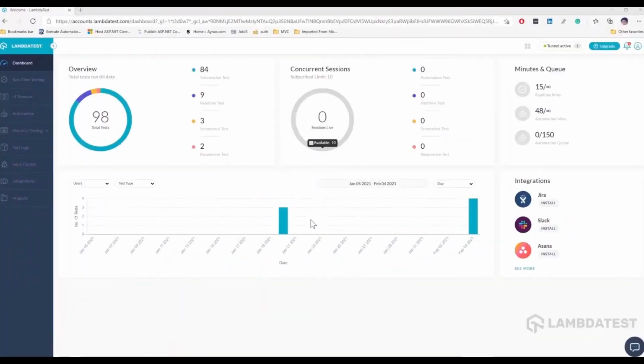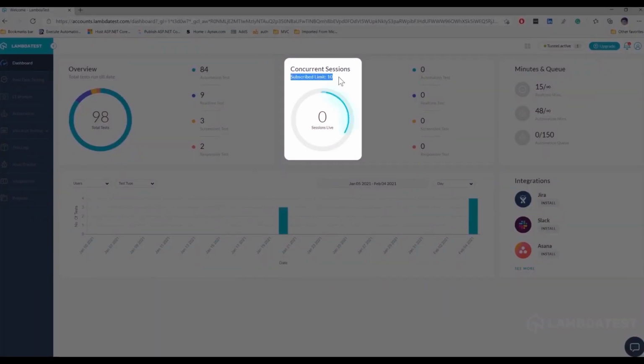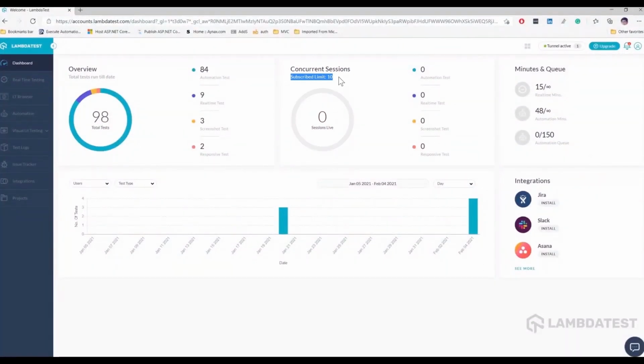And as you can see in the LambdaTest platform dashboard, based on your subscription, there will be a subscribed limit of the test execution that you can run in parallel. It can be 5, 10, 20, 50, 100, based upon the licensing model that you are in. So if the limit says 10, then we can run almost 10 different combinations of browsers, operating systems, and versions